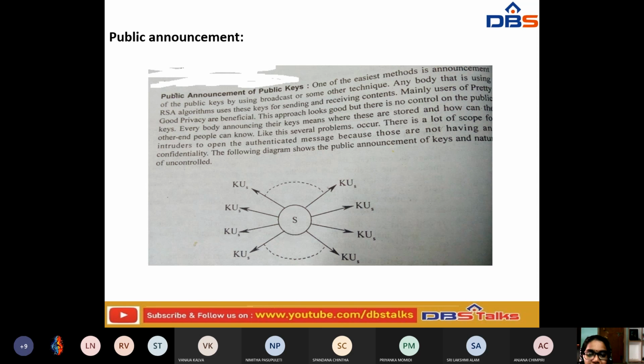Just like that, if any key is announced publicly, all the users who have seen that key definitely have the chance to use it, and they may modify the contents of the data. So many changes may occur.